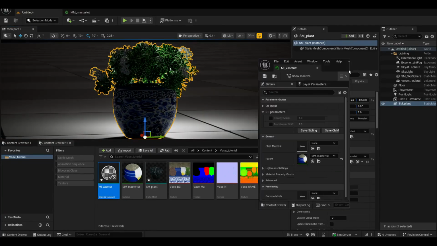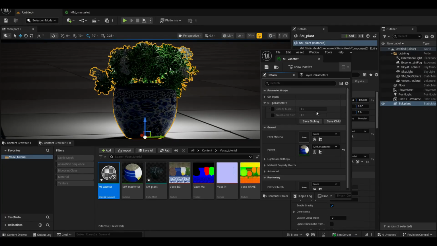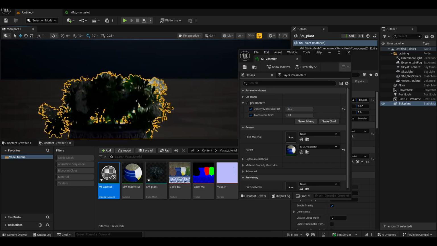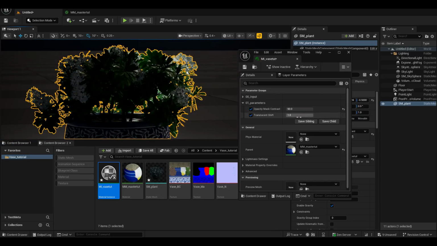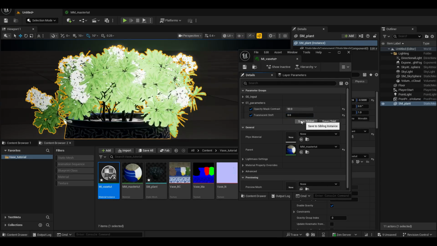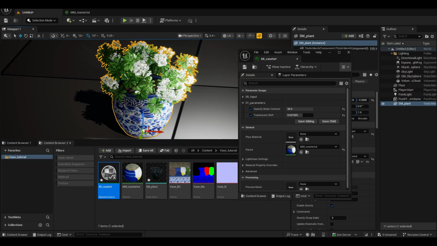Okay, and let's open the material instance window, and as you can see, we have the inputs and the parameters here. So in the opacity mask contrast, we can increase it to, for example, 50 to avoid any kind of leak opacity on the edges. And after that, we have translucent shift. So we can control the translucency effect with this slider, 1 and 0. Okay, that's great. And we are done in terms of setting up a material for this vase,